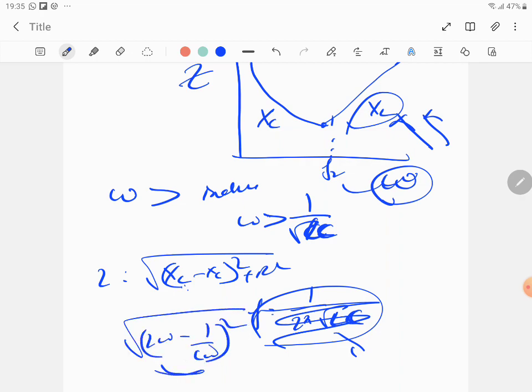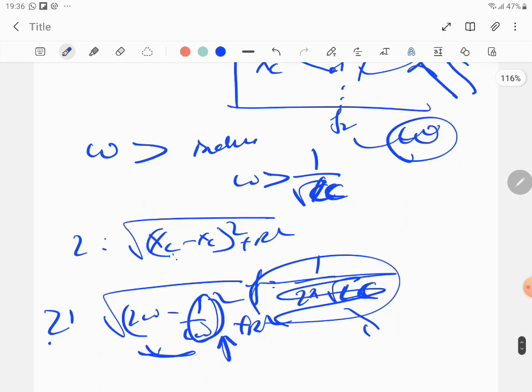If this value has to be greater, this value has to be lesser, which means this value has to be greater. Correct? If omega for the capacitor is greater, then the whole value will be lesser. This will be greater, provided L omega is large, L is larger. So don't even consider this. L has to be larger, omega has to be lesser. Yeah, L has to be larger, then that's when Z will be larger and omega will also be larger. Just don't confuse yourself, just mug up that graph, okay?